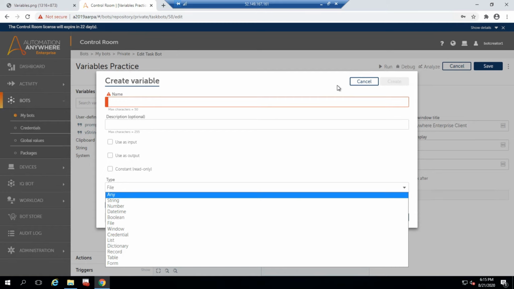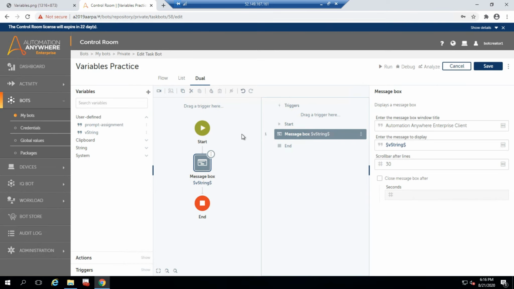I hope this video helps you understand the basic overview of the variables present in A2019, and gives you a view of how A2019 looks compared to the A11.x version.